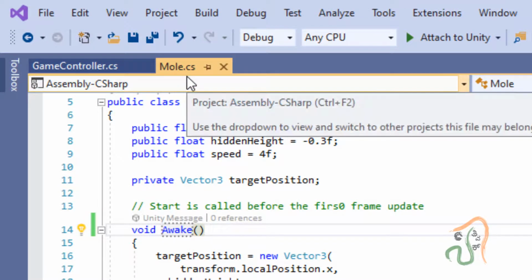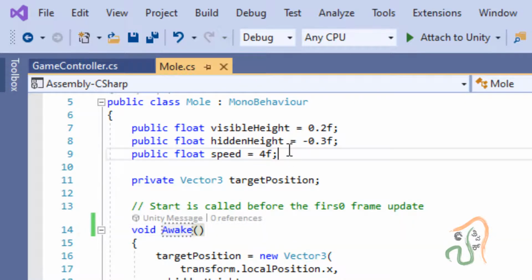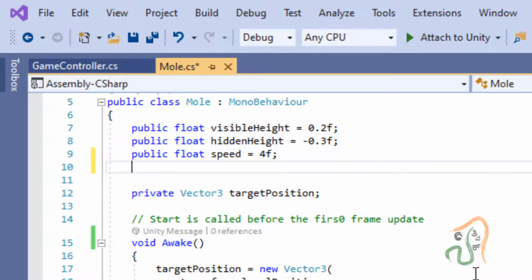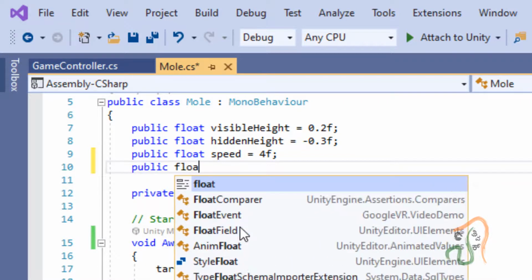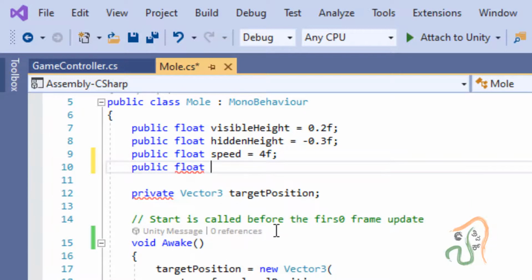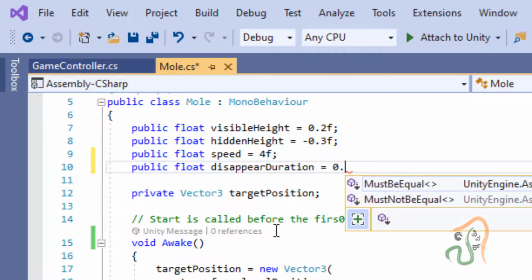In the mole script, we had declared this speed variable, and after this speed variable, press enter and let us declare one more variable, public, and this variable is again float, and let it be named disappearDuration, with a capital D. Let it be equal to 0.5f and end it with a semicolon.